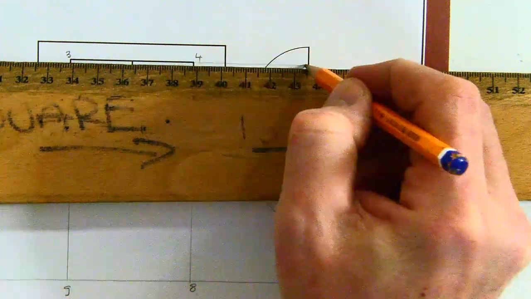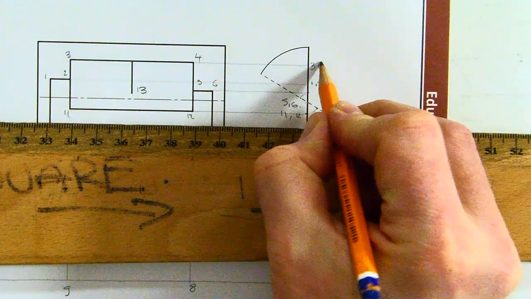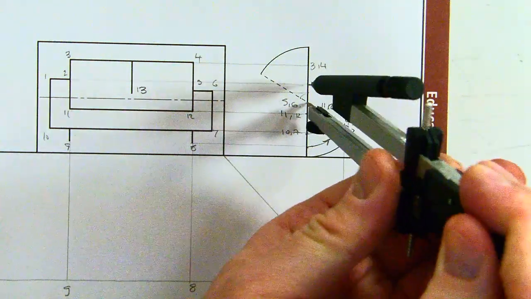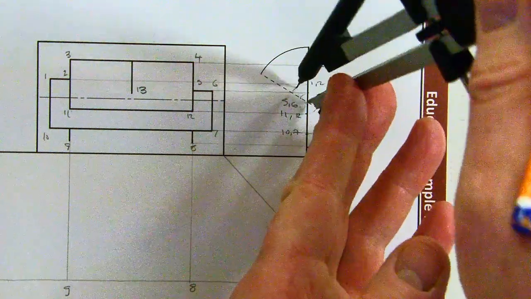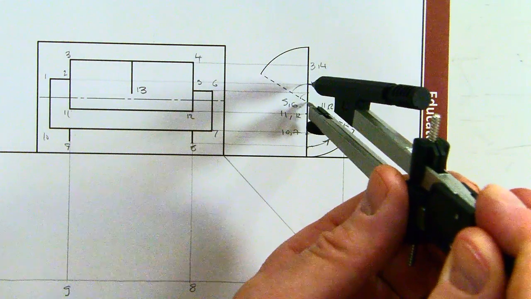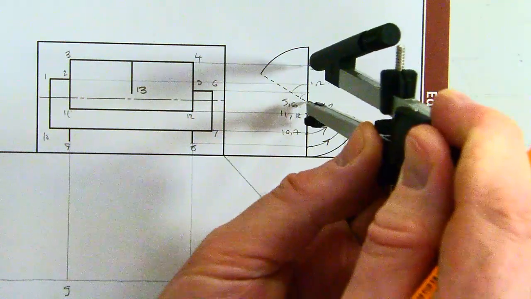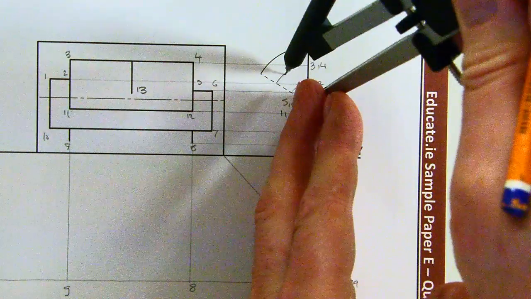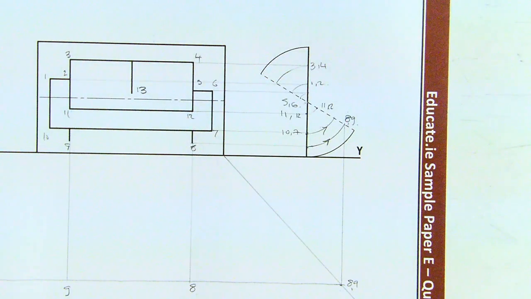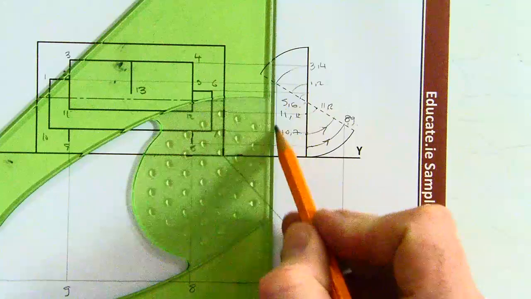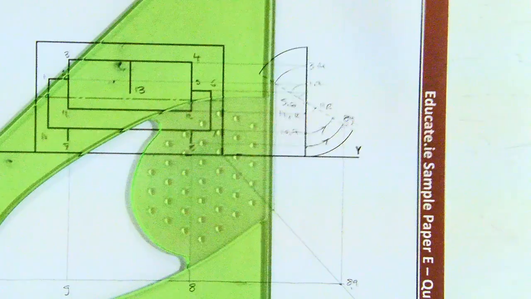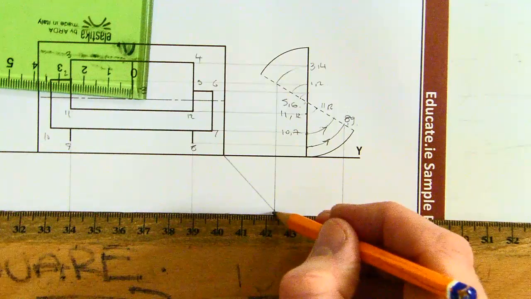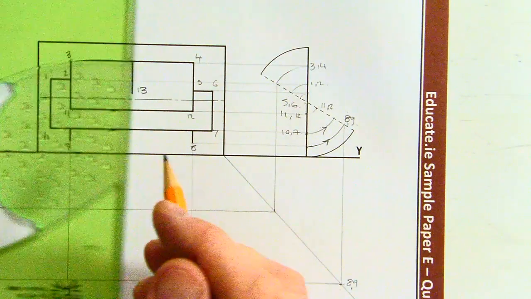And 3 and 4 are going to be here. So again, put the metal part of your compass in here to the center. Measure up to that line, 1 and 2. Rotate that around. 3 and 4. Again, 3 and 4, they're going to come down till they meet this line. All right? They're coming down till they meet this line, and then they're coming straight across, and they're going to meet